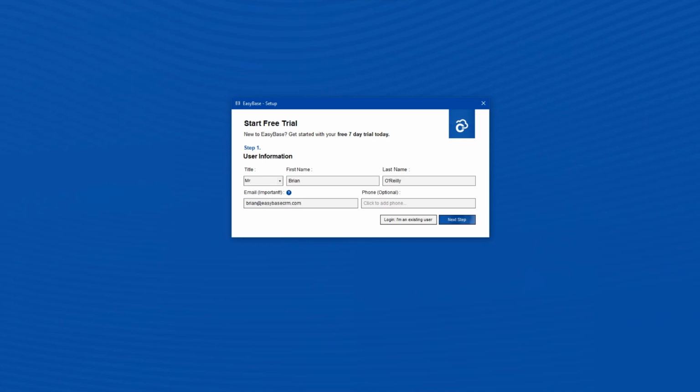Your email address is important, so just double check that you've entered it correctly, because this is what you would use to log into the system, and you'll also receive an activation code to this email address. So once you've checked over your personal information, press next step,